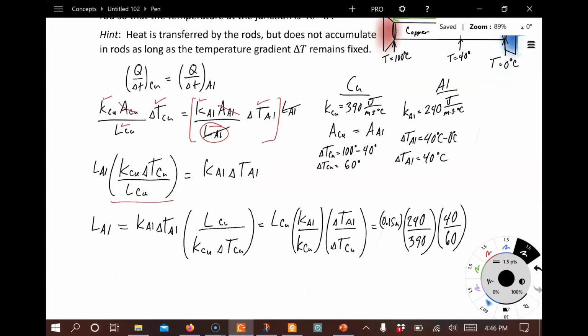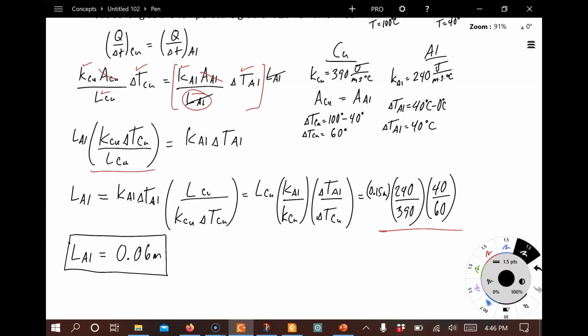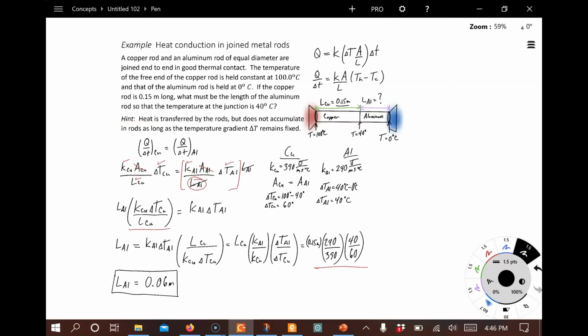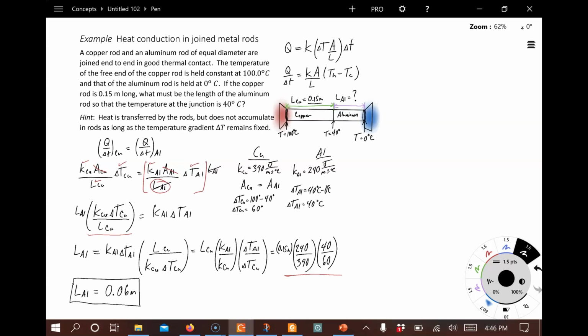And so basically what we need to do is just calculate this number, put that into our calculator, and we'll solve for the length of the aluminum rod. It turns out that it's going to be equal to 0.06 meters. All right. Now, since the aluminum